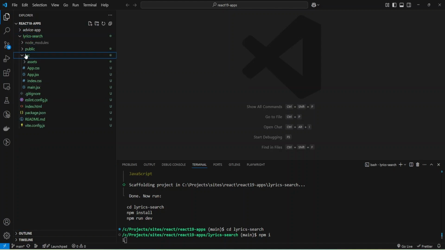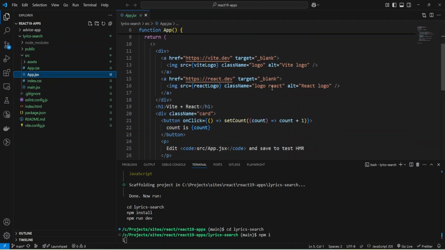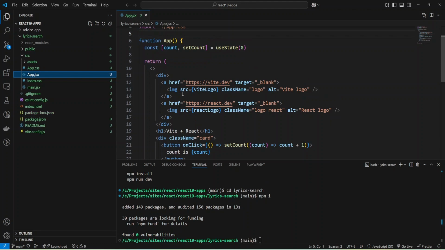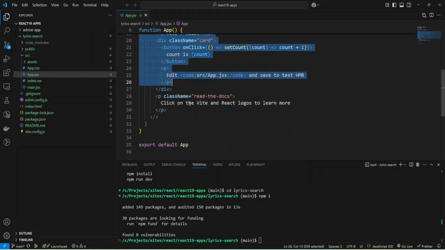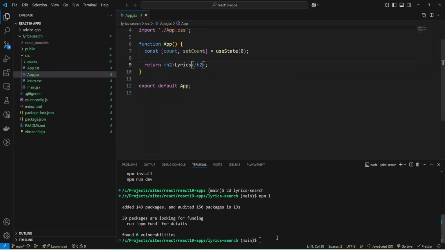I can open my source files and App.jsx, and here I can remove all auto-generated code. Okay, and let's return some h2 tag with the text Lyrics. Okay, and also I'll need Axios.